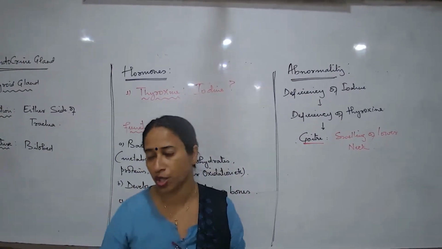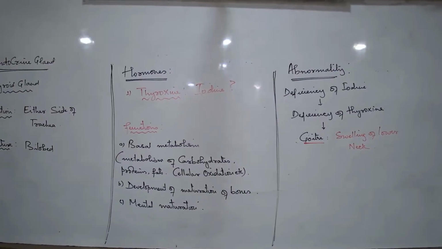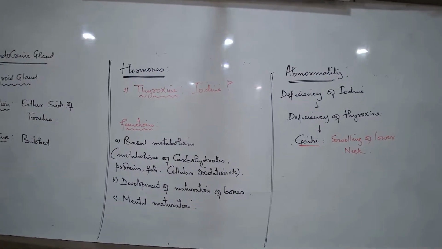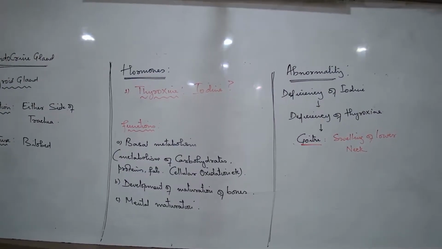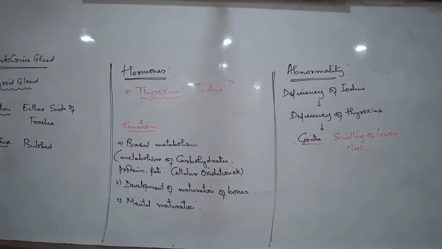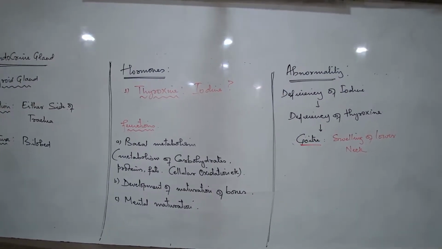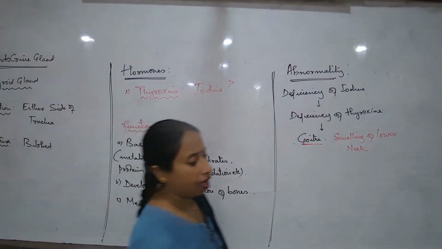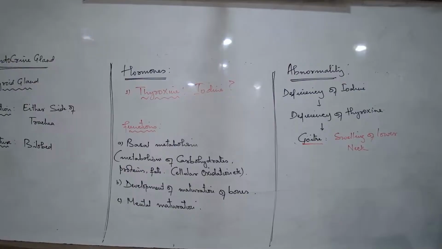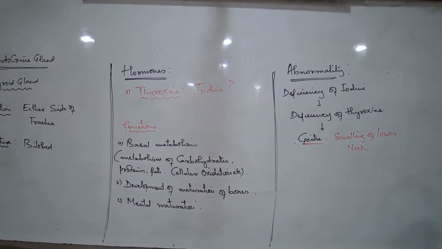Now, there's one question that you also get: people in the mountainous regions are generally known to suffer from iodine deficiency or goiter. Why? The answer that you write is, people in the mountainous regions always have a deficiency of iodine in their blood because the green leafy vegetables, etc., that they eat do not have an adequate amount of iodine. The soil is deficient of iodine. Also, their major source of iodine intake is just the salt.